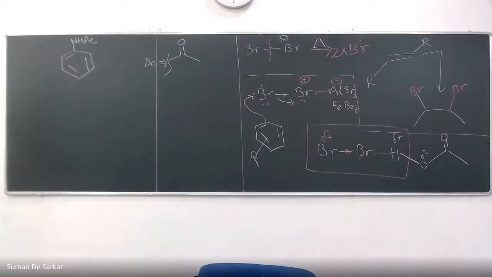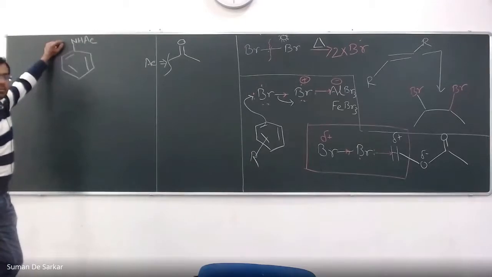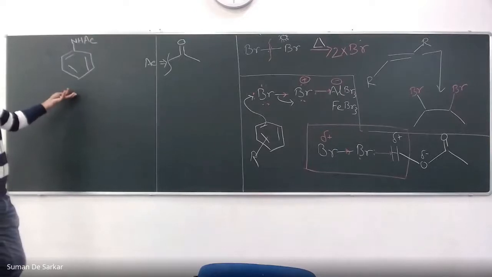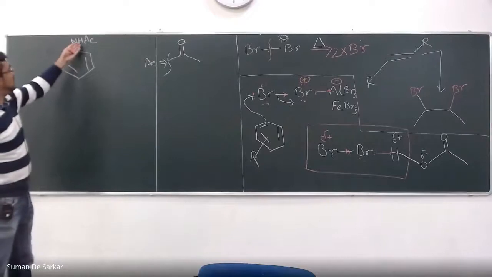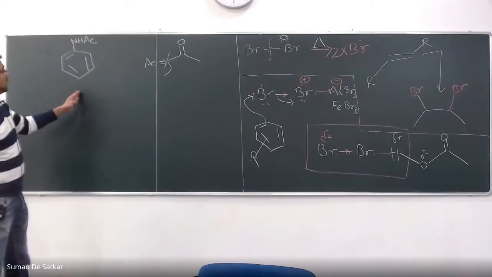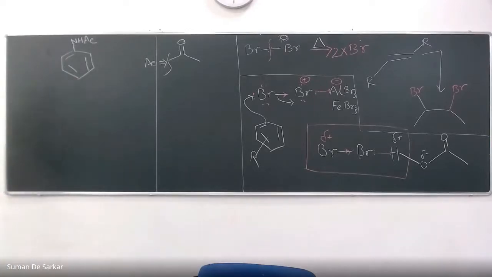Now someone may ask, why, sir, did we take Ac here? Of course, one of the reasons is, as Professor Halder mentioned, this is the previous version of our famous paracetamol. That is para-acetylaminophenol, with OH here, and we are trying to get the bromine here. So that's why this acetyl group on this amine nitrogen is important.